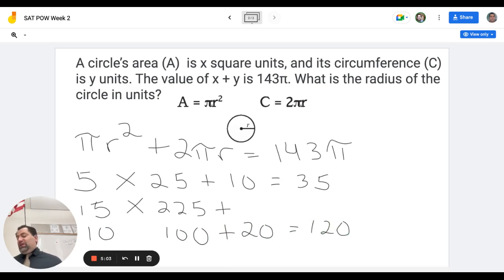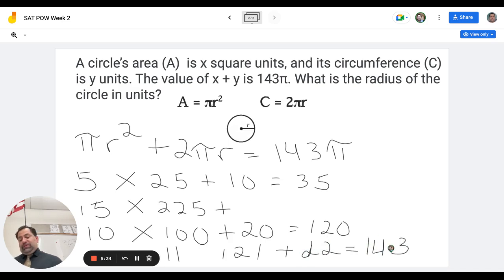And then finally, we would try maybe a couple around 10, so maybe 11, where I get 121 plus 2 times the radius. Sorry, 2 times the radius is 22. And I get 143,